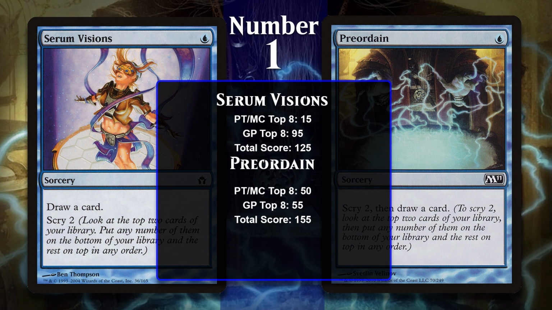So that's Serum Visions, but what about Preordain? Why did it end up getting banned? I mean, after all, what's the big difference between Preordain and Serum Visions? Both let you see up to 3 cards and draw 1, but Preordain is better because it lets you scry before you draw, giving you more control over what it puts into your hand than Serum Visions does. This level of almost Brainstorm-like power made decks in Standard and Extended that ran Preordain too consistent, and Wizards didn't want blue decks to be unfairly powerful in Modern too, so it was banned only a few months after the